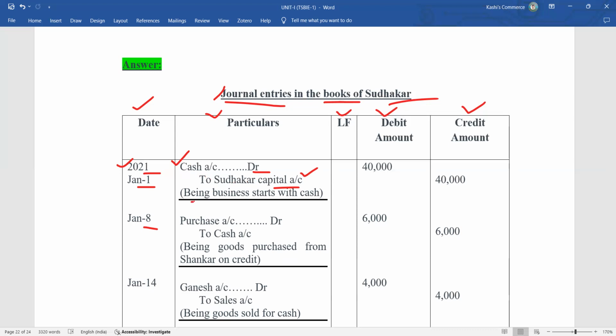Narration, we already know that. Narration is the explanation about this journal entry. So, being business starts with cash. Okay. Then